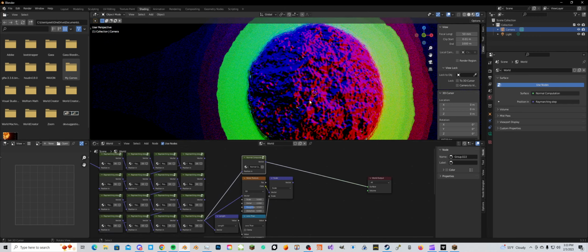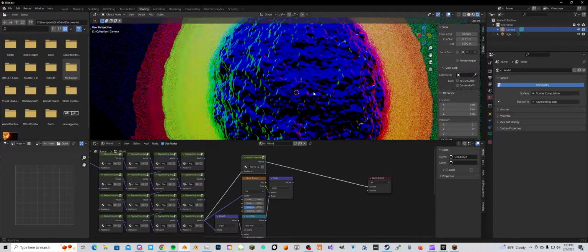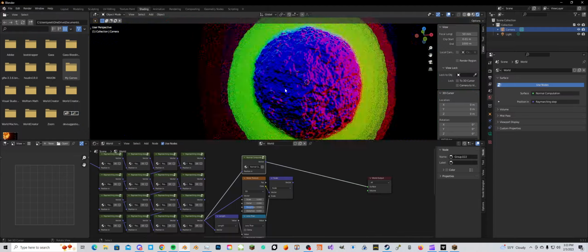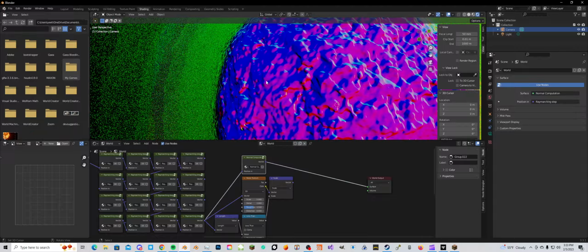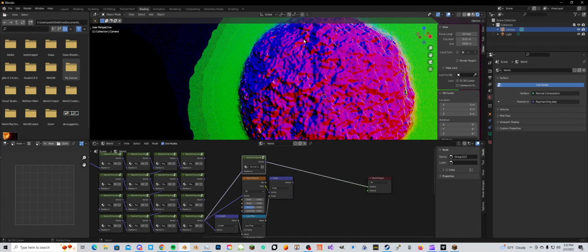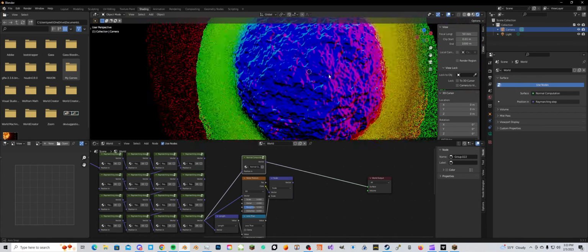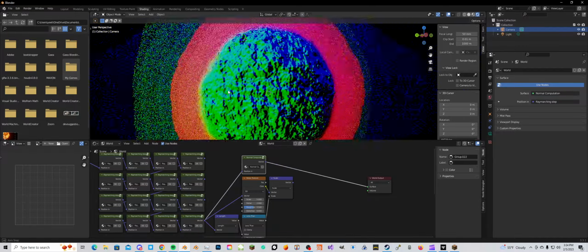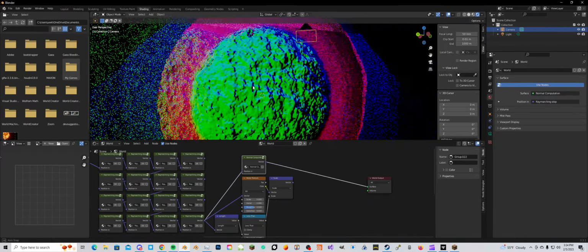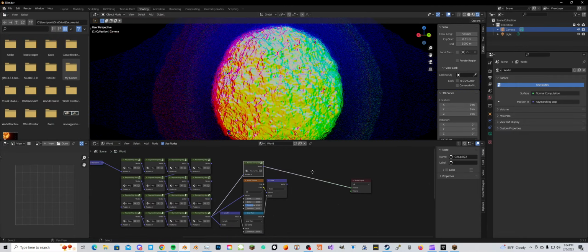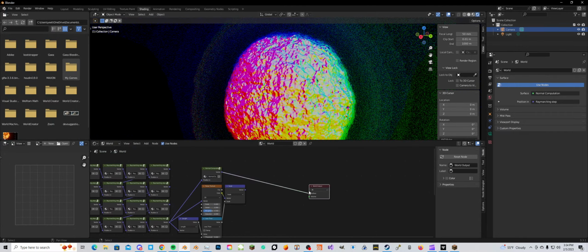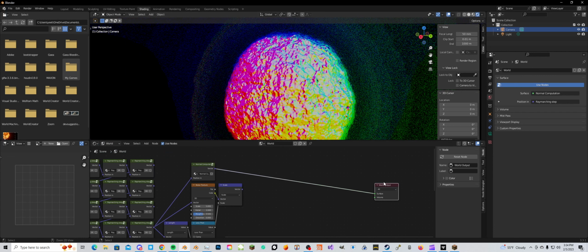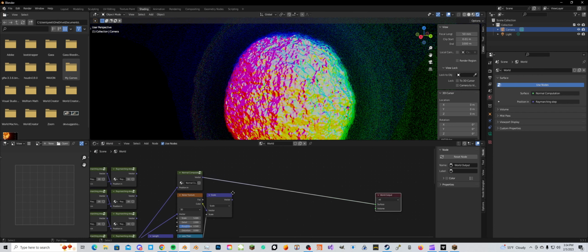So it's obviously not perfect, right? And more steps will fix that, by the way. But you see, roughly speaking, where it's pointing up is where it's blue. It's green where it's pointing in the Y direction, and it's red where it's pointing in the X direction. So now if we want to add direct lighting to this, we can do that pretty simply